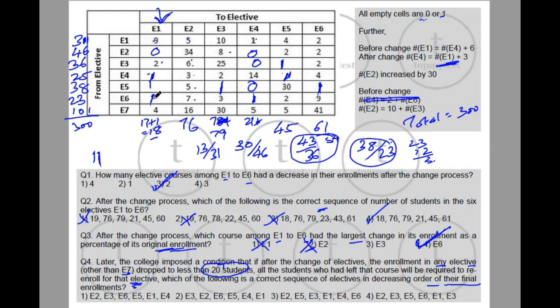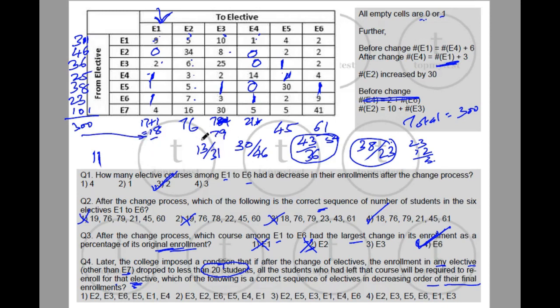All the people who left will have to go back to the original course. Okay. So from 18, who are the people who left? 5 people went to E2, 10 people went to E3, 1 went to E4, 4 went to E5, 2 went to E6. Okay, so let's see which one. You need to find decreasing order in the final, so highest to lowest. So let's see what helps.